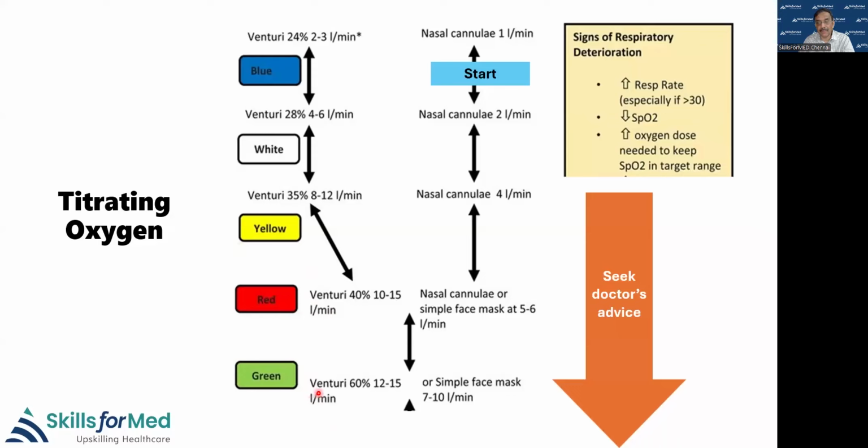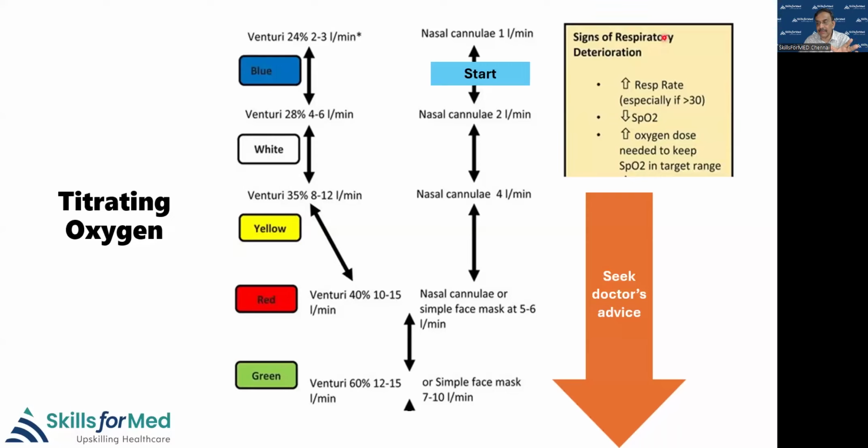If still the patient is hypoxic, definitely the patient has to get shifted to the ICU or IMCU and go into one of the non-invasive ventilation or high flow nasal cannula. On the other hand, if you're able to dial down, you come slowly down to the lower Venturis, 35, 28, 24. And once you reach 24, you can put them back on nasal cannula. So this is how you will titrate, and along with the saturation, you will also look at these